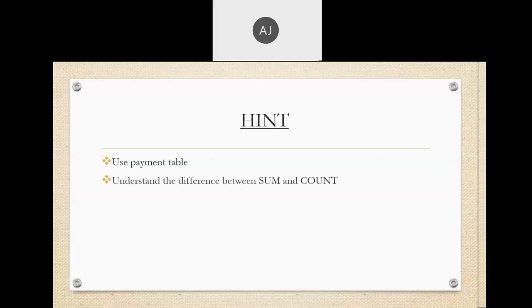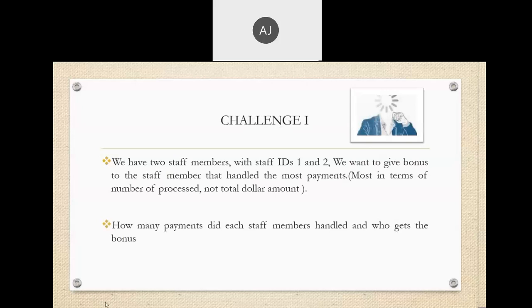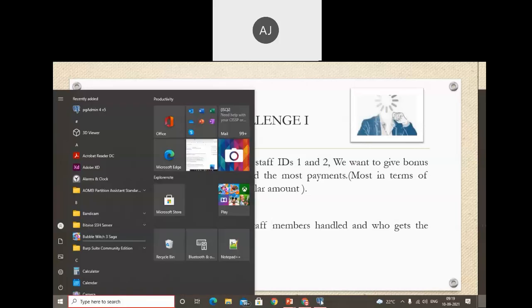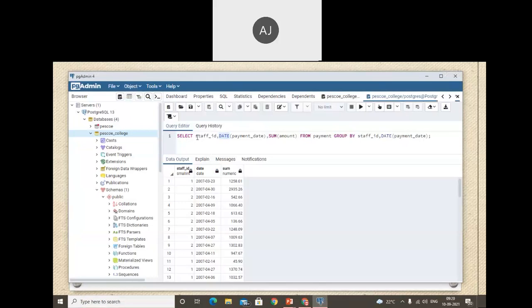Know the difference between sum and count. This is where students majorly make mistakes. See, they said in round brackets: most in terms of number of processes, not in dollars. That means we cannot perform addition or summation. Instead of that, we need to count. I will show you the demo for that so you get a better idea. Here I will remove it, so I will first